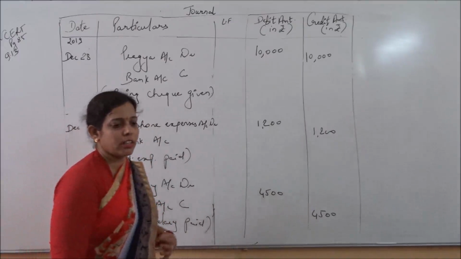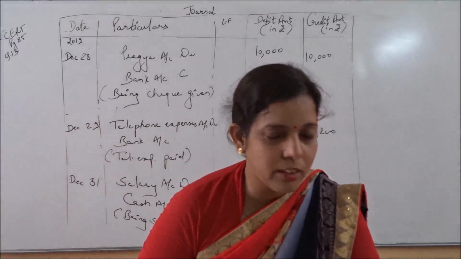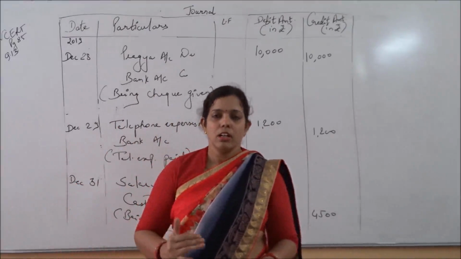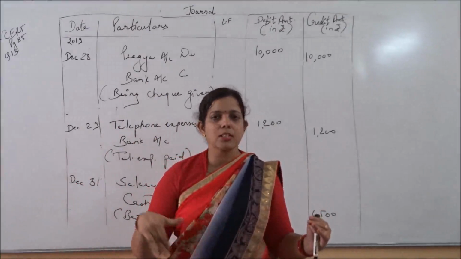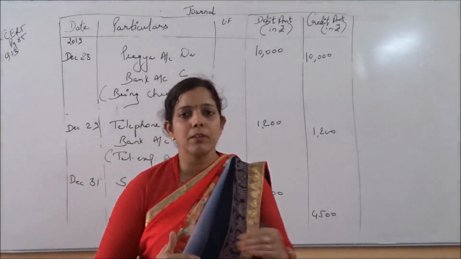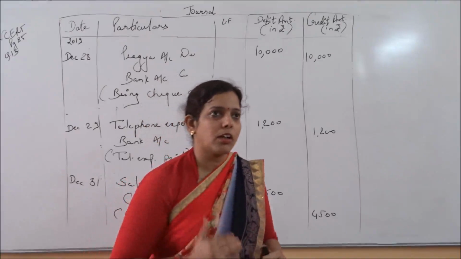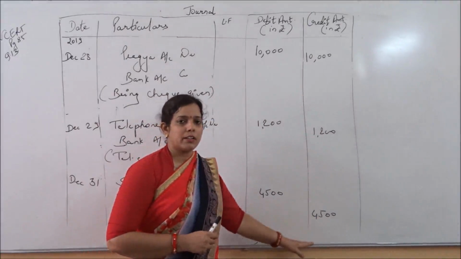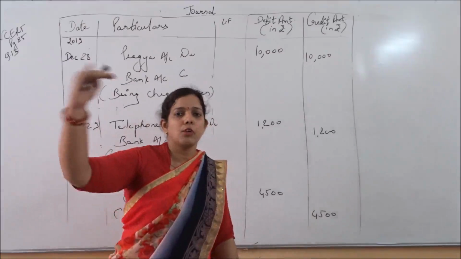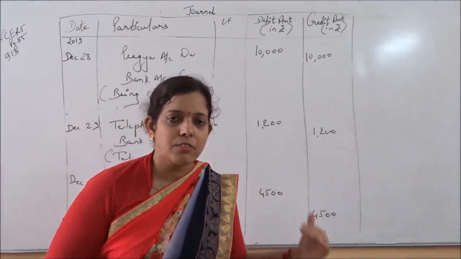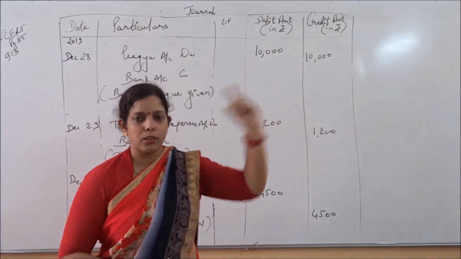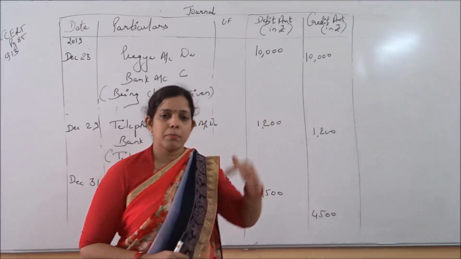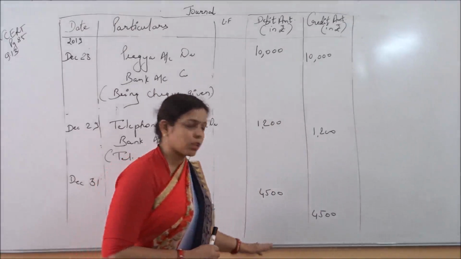Now what you have to do actually, whenever you are doing a question, suppose you are doing it in a register, okay? It's not possible that this complete question will come on one page. When you are moving to the next page, you have to bring the total of the first page also. Whatever total you have on the first page, you have to do the total of the debit side and the credit side, and that total you will carry forward to the next page. On the previous page you will write total carried forward. On the next page, you will start with the total of both the sides.